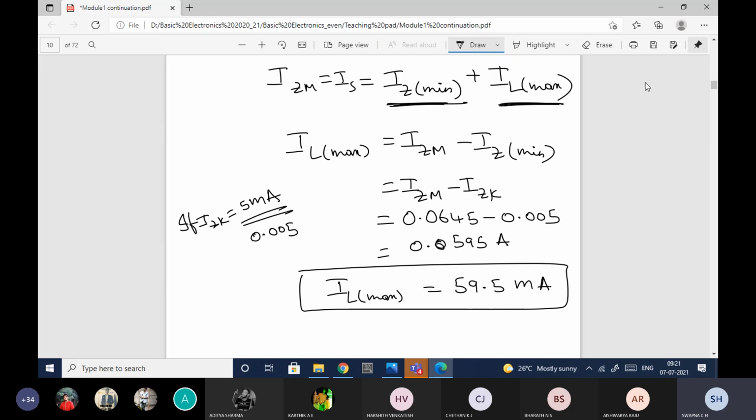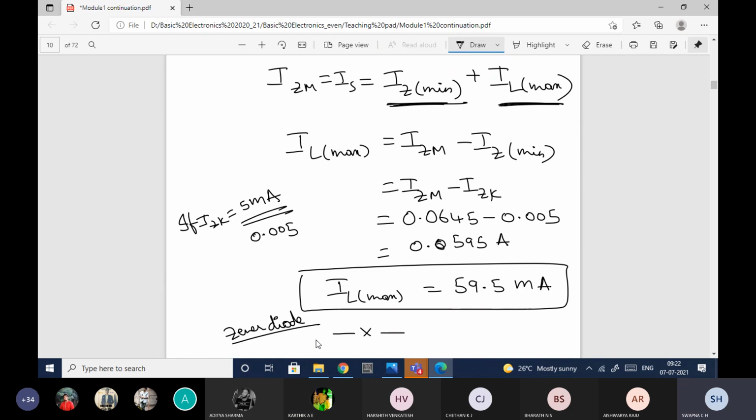Okay, so hope this is clear to all of you. Yes, hope this is okay. Anybody have doubts, please let me know. Otherwise, that's all. This ends here, Zener diode. Okay, Zener diode related concepts are over now. Now I'll go to the next special type of diodes. Anybody have doubts here, please let me know.